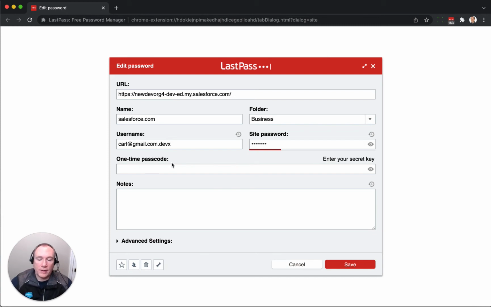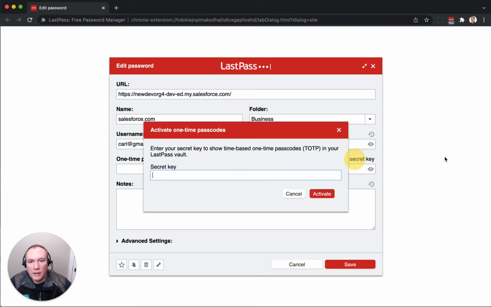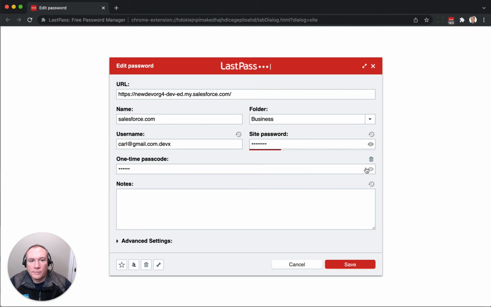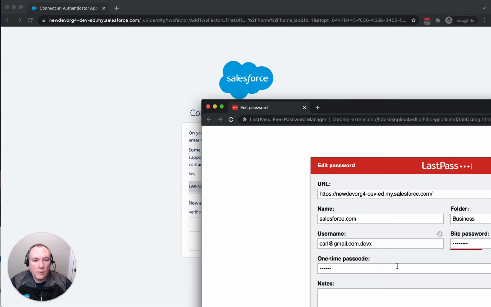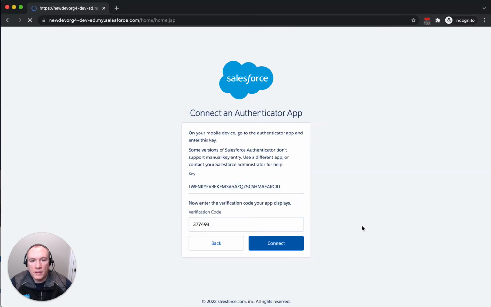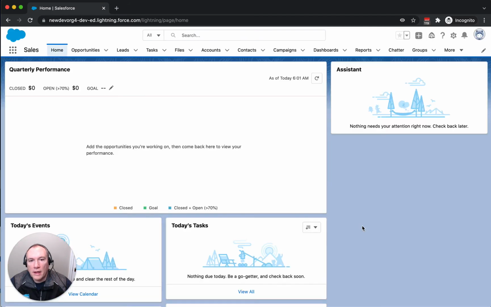You do have to go to account, enable it. Once you enable it, it's going to say, all right, I want to enter my secret key. So that's going to take that code that you have from a particular site. Go ahead and activate it. And what that'll do is it'll start generating one-time passwords for you. So if you look here, now you have a one-time password. So let's go back to our other window. And what we can do is take that one-time passcode, put it in, connect,